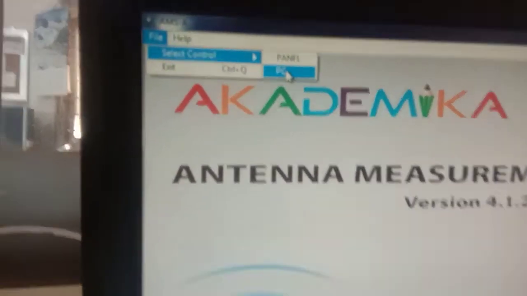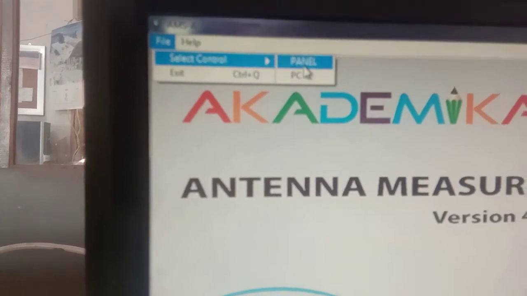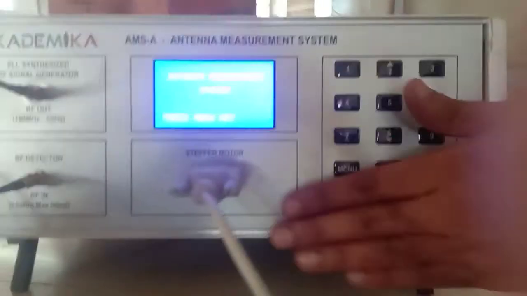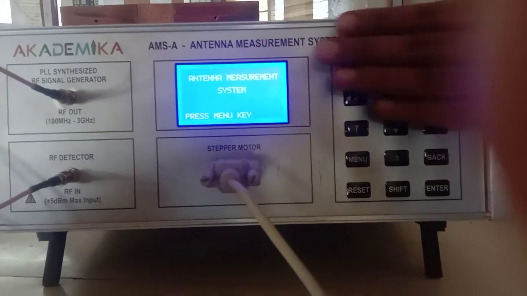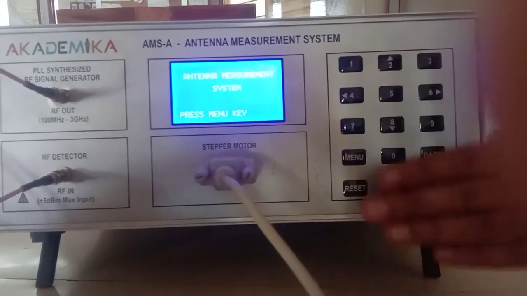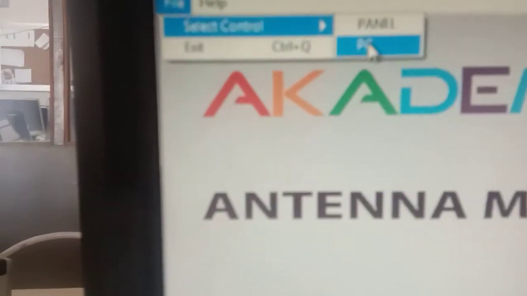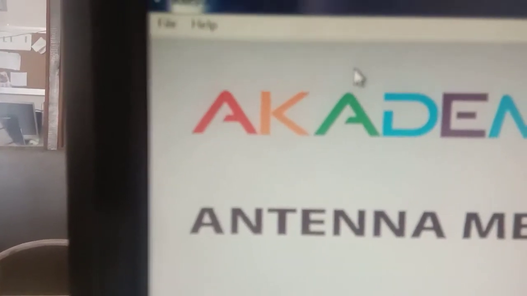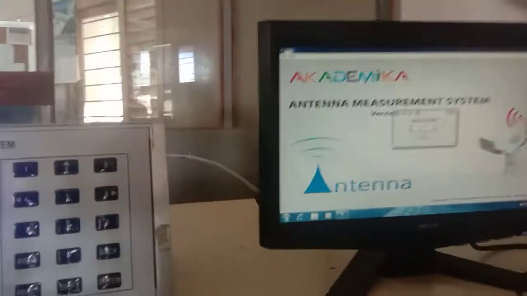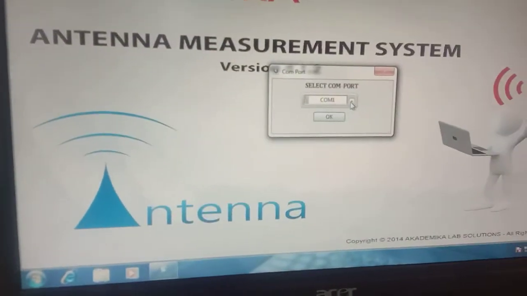Panel and PC. Panel means we can operate this kit through the keys on the front panel of the kit. And if we want to use this kit through PC mode, we have to click on the PC. Once you click on the PC, it will ask